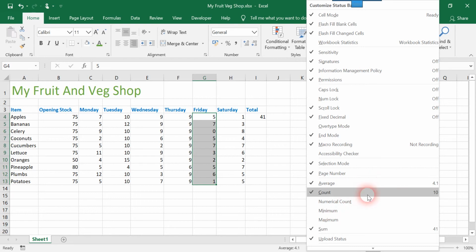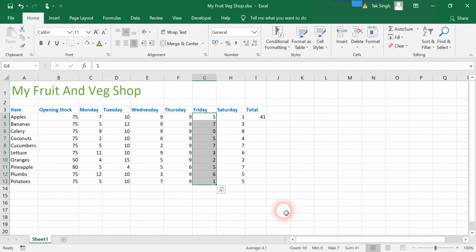It shows average is 4.1, count is 10, numerical count, maximum, minimum. You can activate maximum and minimum. Say I don't want to know the number of counts, or let it all be there, and then bam, you can see the minimum, that's 0 over here, and maximum, that's 7.